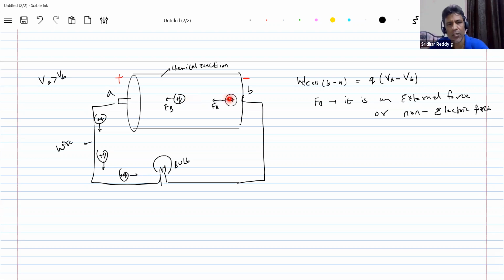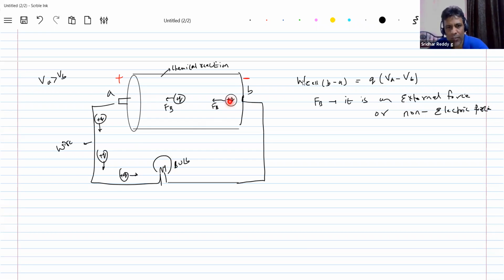No more reaction means no question of work done by the cell. No energy for the charge. So no question of heat or electrical power supplied to the bulb. This was the mechanism that occurs here. Got this now? So work done by the cell is nothing but energy available, and that is converted as heat across the bulb.